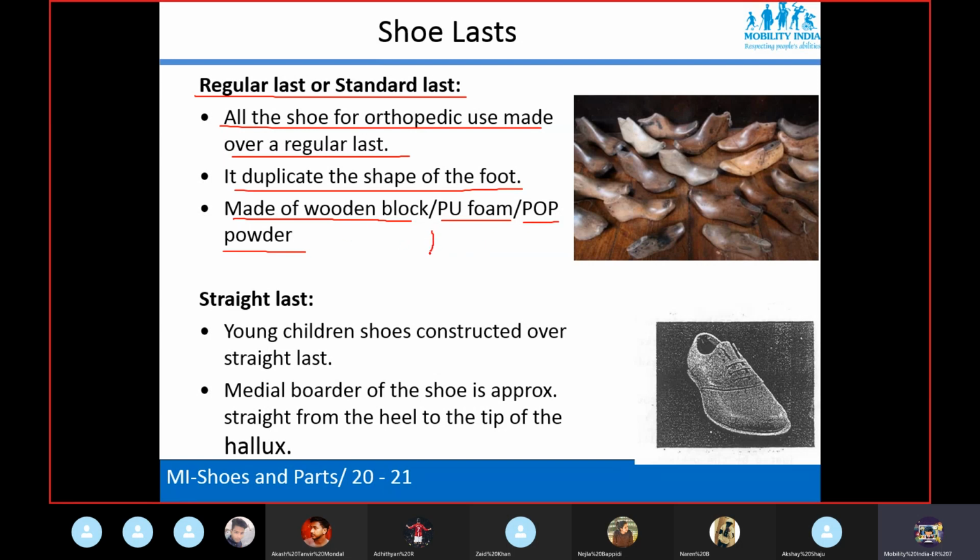You prepare the plaster mold of a particular shape and size, and then give this mold to the cobbler, and the cobbler will design the footwear accordingly. So this plaster of Paris is also a shoe last, over which the shoe is fabricated. Clear?